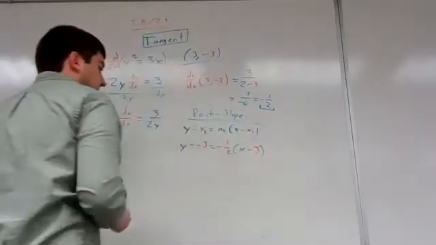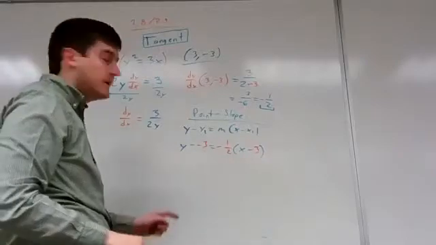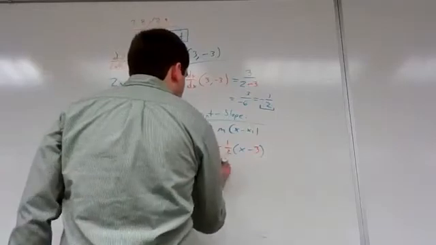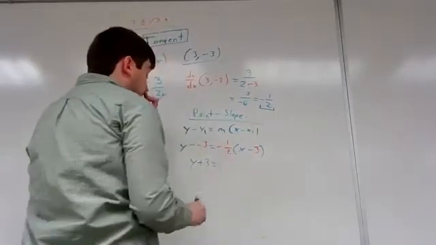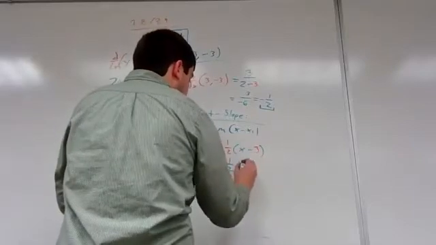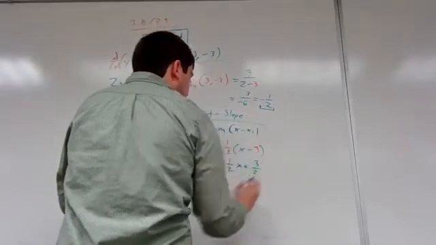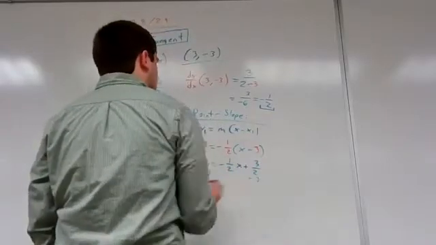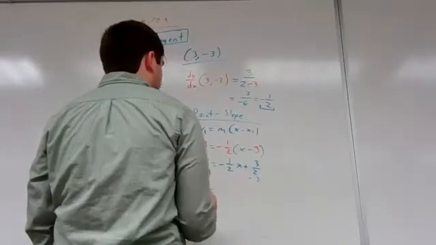Okay, so simplifying this out, I get y minus 3, so we get y plus 3 equals, and I'm going to multiply the negative 1/2 to both values here. So I get negative 1/2 x plus 3/2. Okay, and then I need to subtract 3 from both sides, which will give us that y is equal to